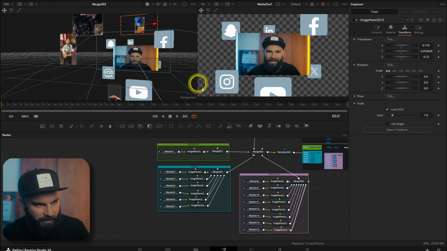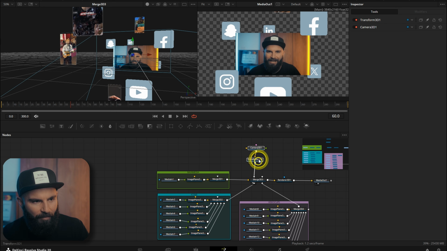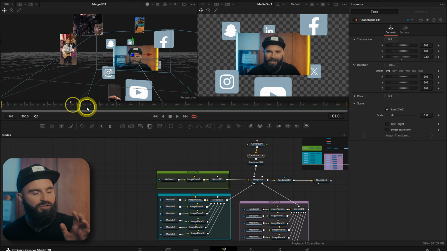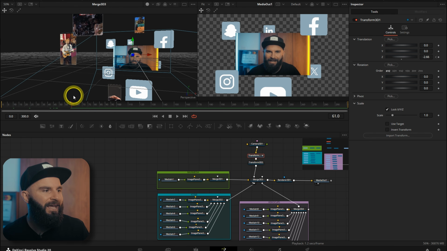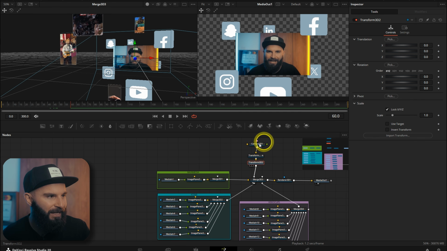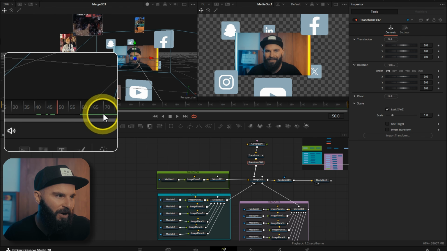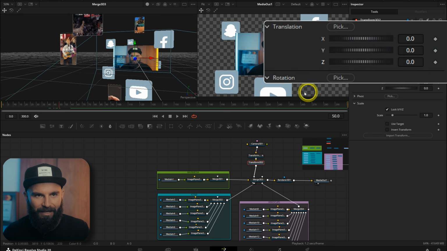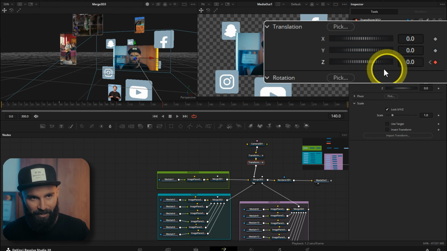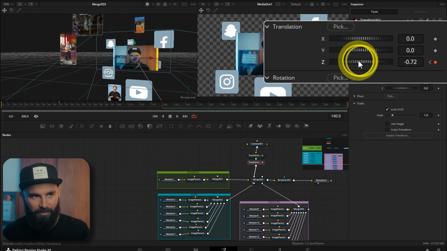And now selecting the transform 3D, I'm gonna add another transform 3D below that. The first transform 3D keyframes ends at frame 60, but I'm gonna use the second transform 3D and start my animation at frame 50 at least. I'm gonna add a keyframe on the Z axis. Then I'm gonna go up to frame 140 and then add another keyframe and then I'm gonna zoom out all